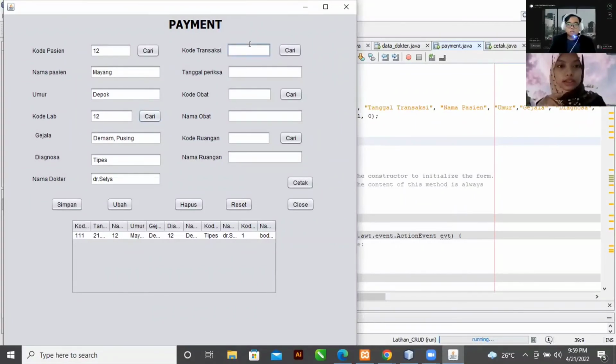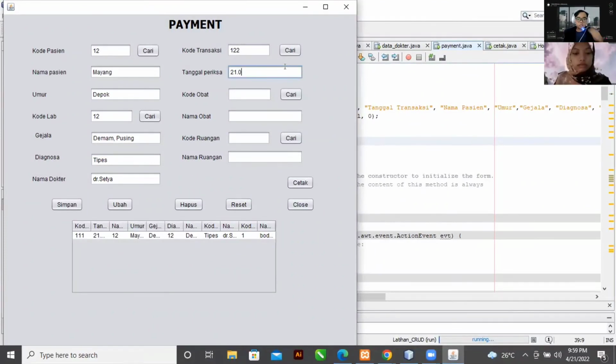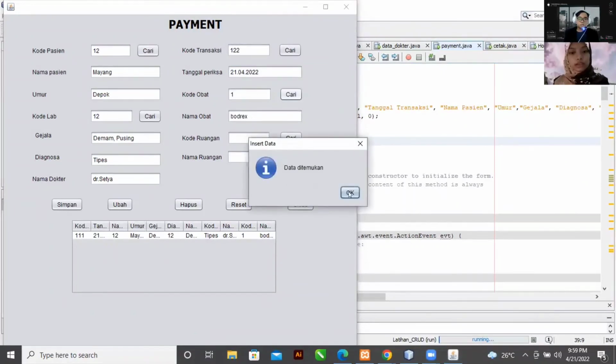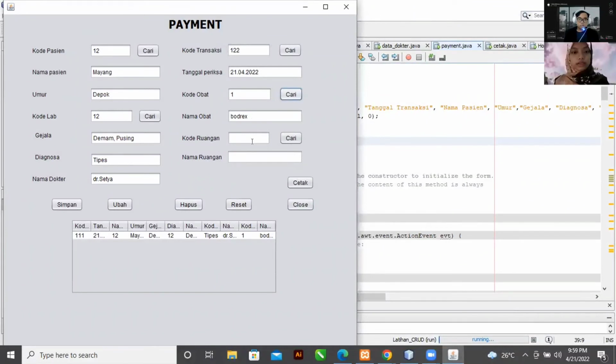And we can input the kode transaksi and the tanggal periksa. Maybe I will input this day. And kode obat. Nama obat will appear on the screen like this.